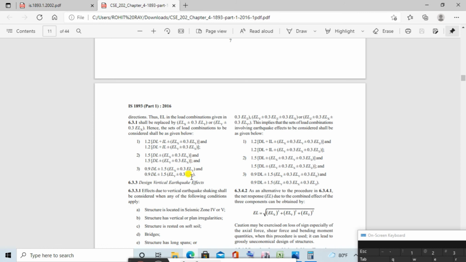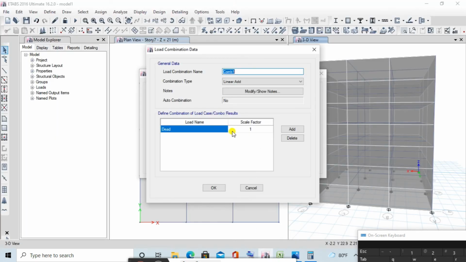So I have written all this in my notebook and I'm going to add here one by one. So you can add yourself by looking at the code book. So I will do this in a fast manner.